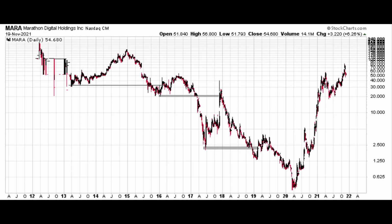So with MARA, Marathon, it was incepted back in 2012 and basically trended lower into 2020. It's hard to label that move, as I discussed last time. There's overlap all over the place. If there's anything that makes any kind of sense, it's the possibility that this is an ending diagonal that ended in 2020. But no matter how you want to label it, obviously the important thing is what's happened off the